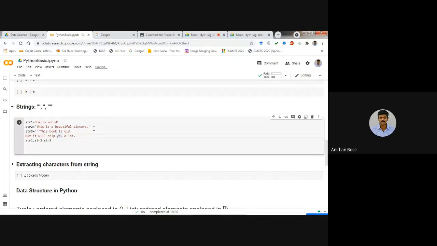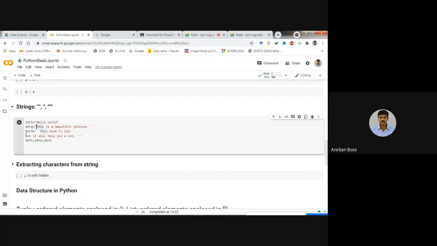Okay, so either you can use double quote or a single quote, but suppose the line is such that within a particular word some apostrophe s is there. Okay, so in that case what will happen, it will be confused if you try to give the single quote. So in that case definitely you have to give the double quote. So that you have to just remember.